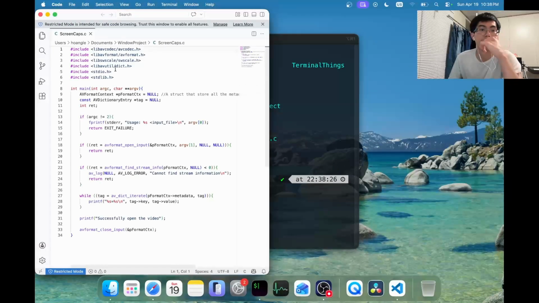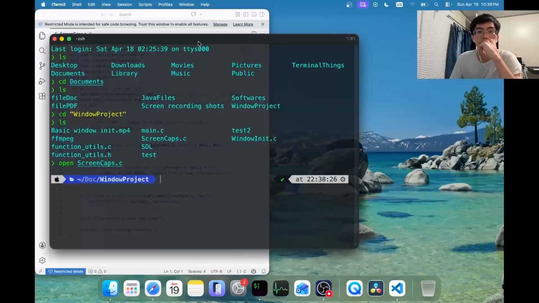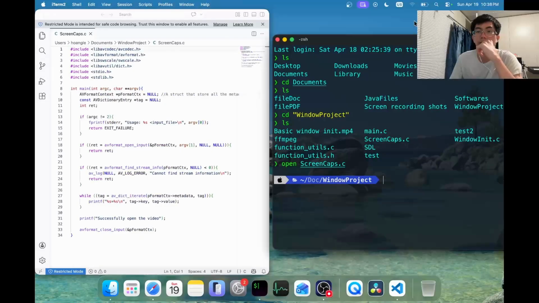Yes, so far we have this one. Open the file, but I think I kind of want to group all of these into a function. Yeah, I want to group all these into a function, but before that, let me make sure that I don't